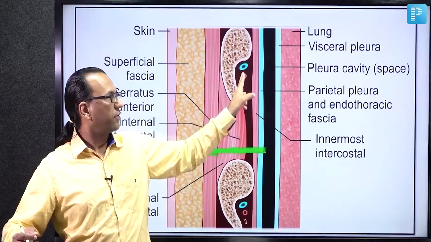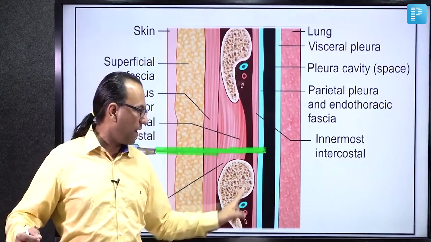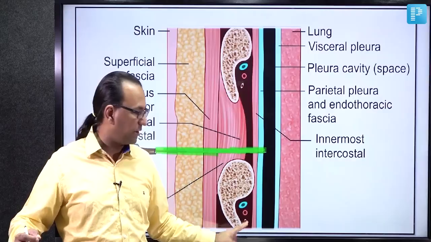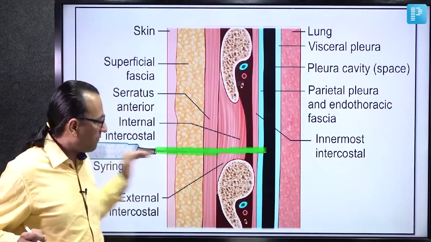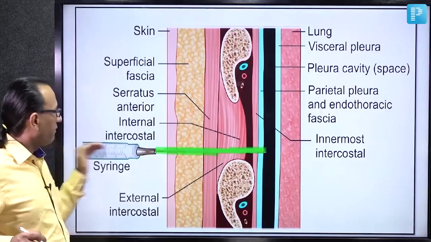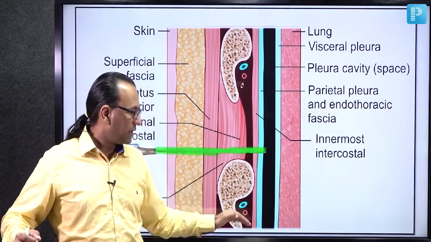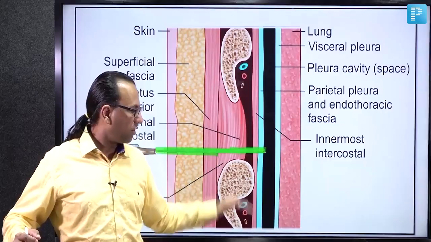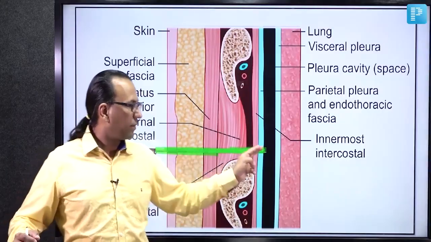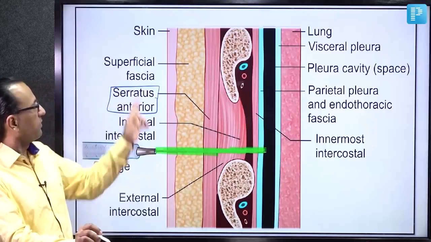Intercostal vein, intercostal artery, intercostal nerve, superior to inferior. So this vein goes down. You are not supposed to damage. It is better you go above the rib rather than going below the rib. Now, as you go above the rib, to avoid injury to the neurovascular bundle in the costal groove at the lower border of the rib, you are puncturing some structures, some muscles, like this is the very first one, serratus